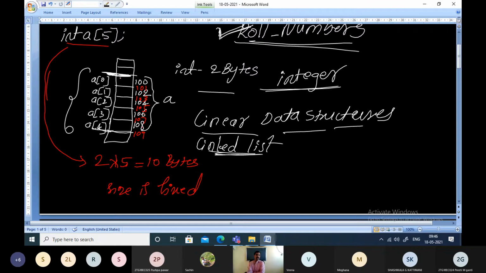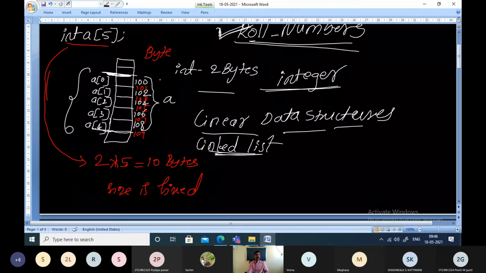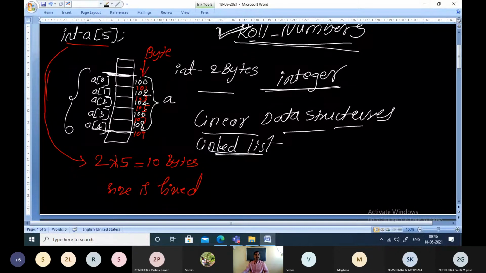But while representing this, what we show is only the starting address of every element. Only the starting address for every location we will show. But it is implicit that these memory locations are always byte addressed. They are addressed by using bytes: 0, 1, 2, 3. They are nothing but bytes, arranged in increasing order. The bytes are numbered in increasing order of the integers.